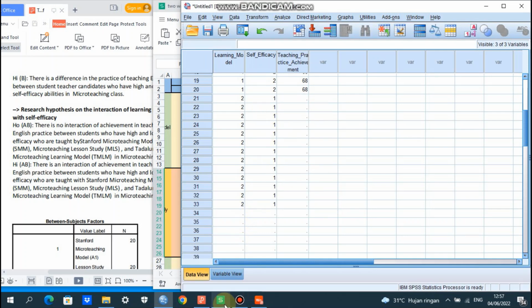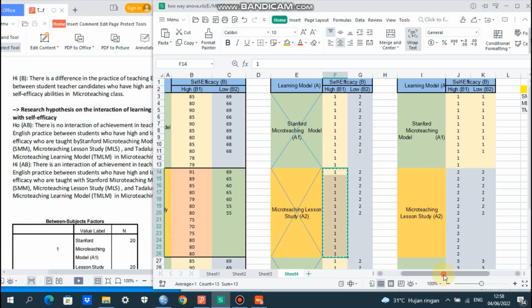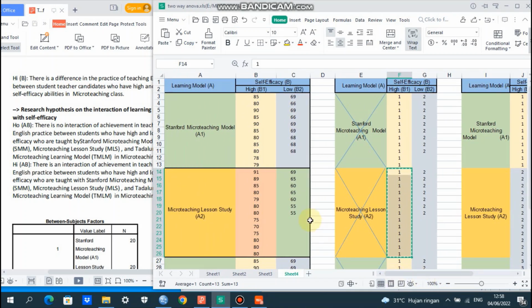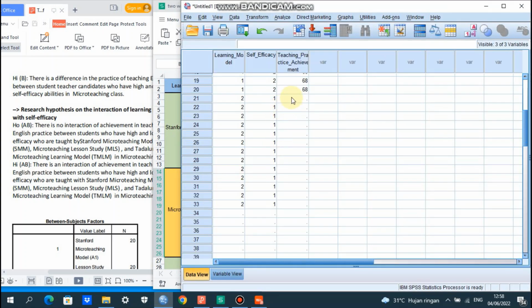Okay, and then followed by the scores of high self-efficacy. Here we copy the scores of the 13 participants having high self-efficacy in micro teaching lesson study, and we paste them here.